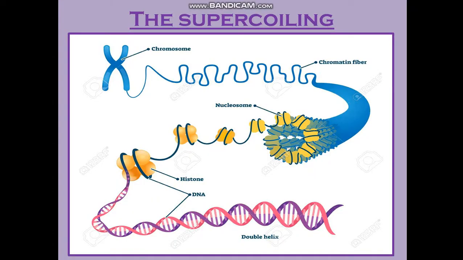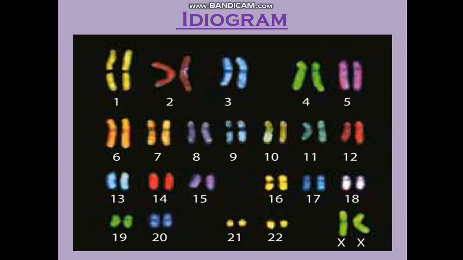Okay, now moving forward to one more important technique here, terminology: ideogram. You can see this is an ideogram created of human chromosomes. Humans have 23 pairs of chromosomes. This is well known to you. In an ideogram, what we have is the diagrammatic arrangement of all the chromosomes which are present in an organism.